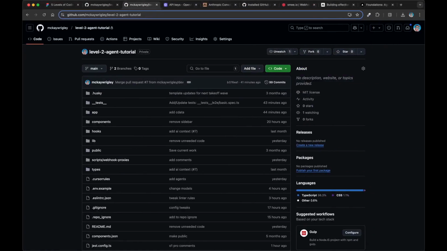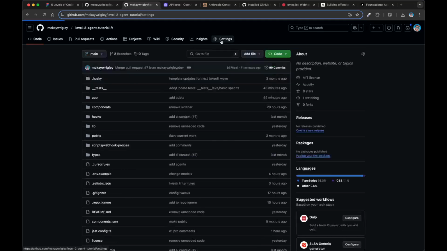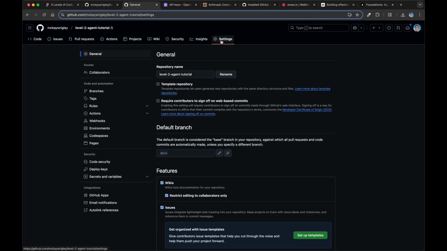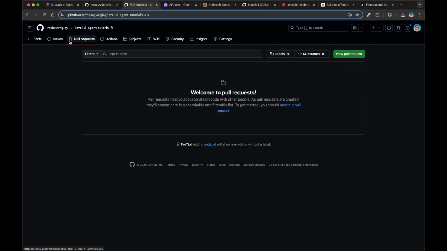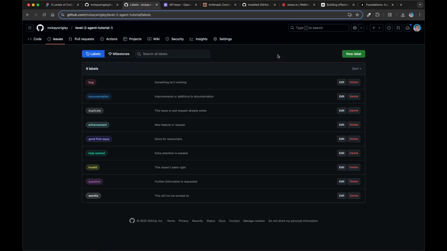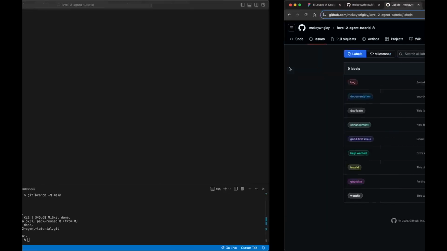Now, last but not least, we actually need to go create the labels. In the intro video, we talked about how labels are the mechanism that we're going to use for manual triggers. So we need to go to the repository settings. It's probably easier if you go to the pull requests tab here, there is a labels tab. So click on labels and we're going to create two labels. So how do we know what labels to create? Well,